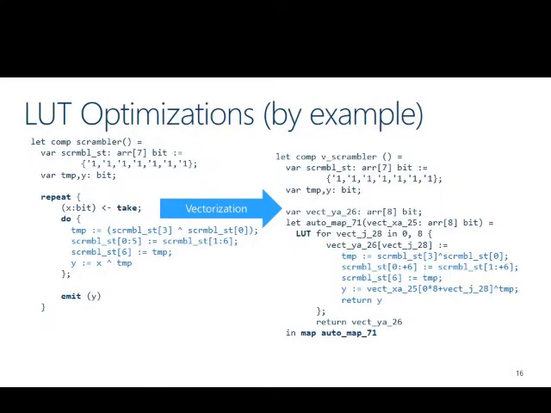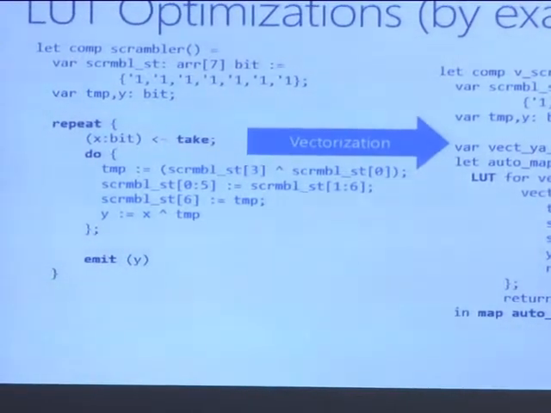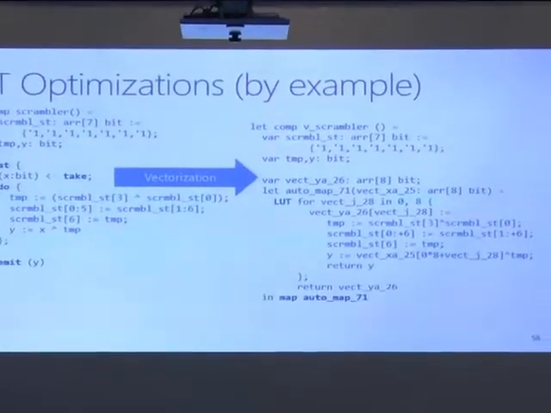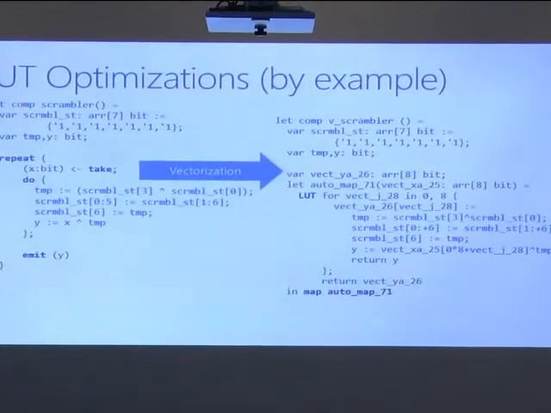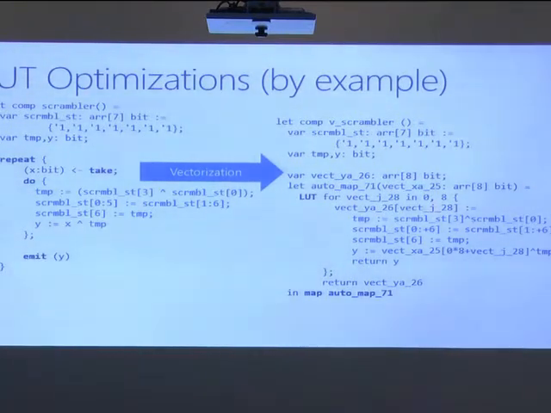First of all, we can realize that we can transform this into a vector that will take 8 bits and emit 8 bits. That's what is done here, so we make it into this auto map. Then we do this for loop. Again, this is the first transformation: I can vectorize this up to 8 bits. So instead of taking 1 bit, I take 8 bits, and for each of these bits I do a for loop with my own code. Now I analyze this code, and I see that this code is short enough. I can make it a lookup table.